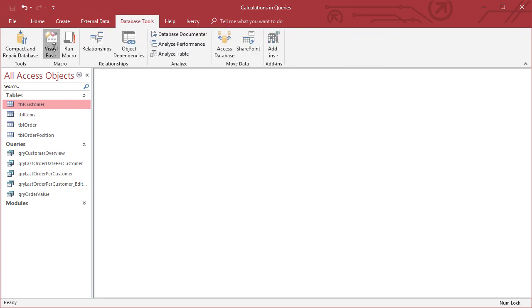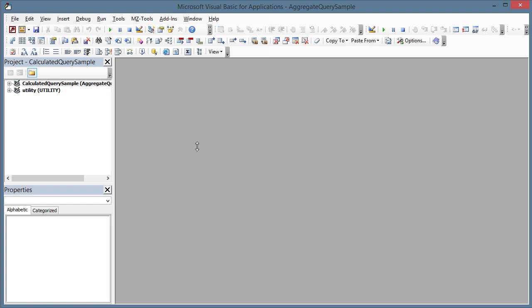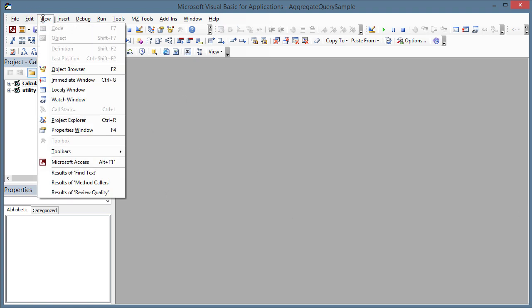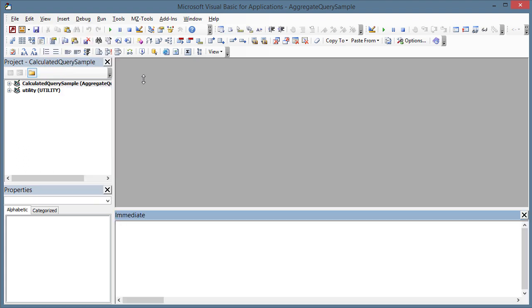We go to the Visual Basic environment. And now I just use the immediate pane down here. You can activate that. Your environment will probably look like that. And if you go to the View menu, you can enable the immediate window here, or just use the Ctrl-G keyboard shortcut. Now I can type in here and got the DCount function here, and the first is an expression,